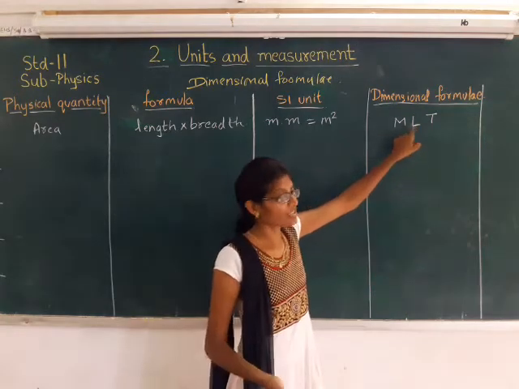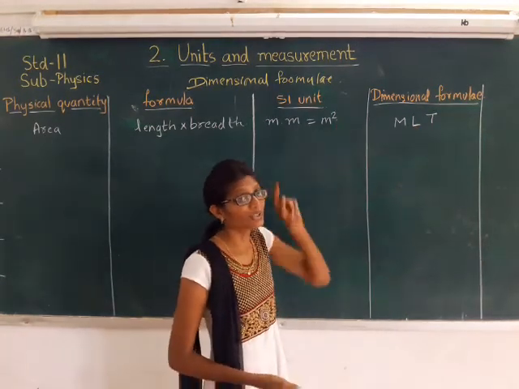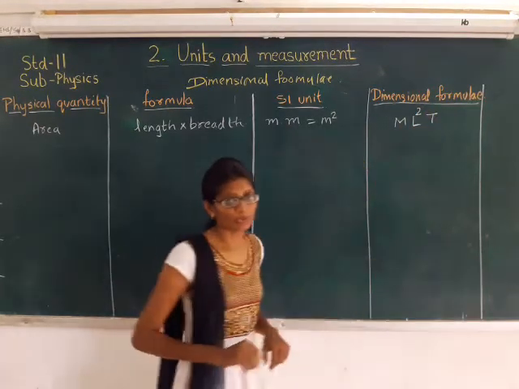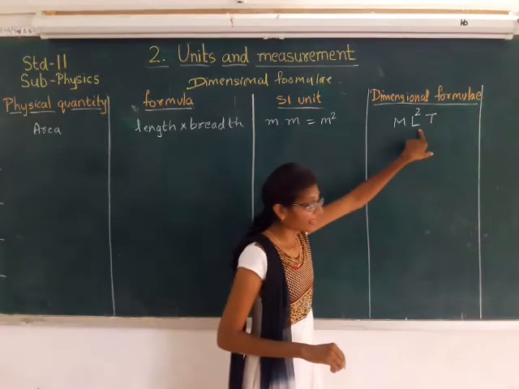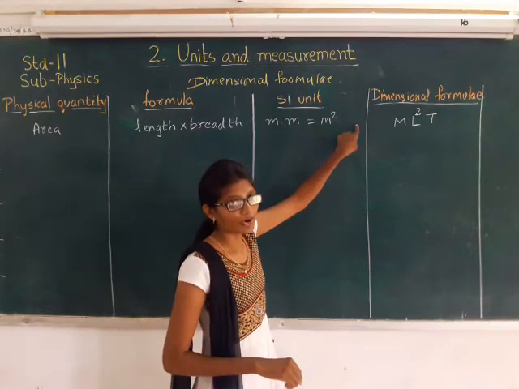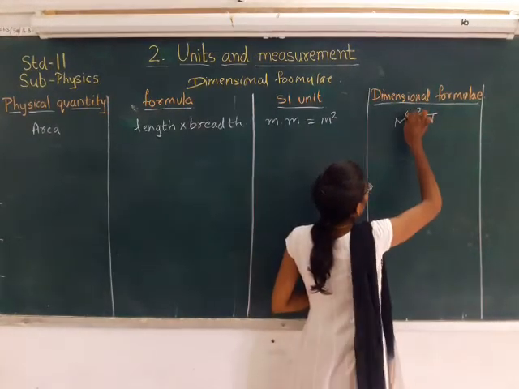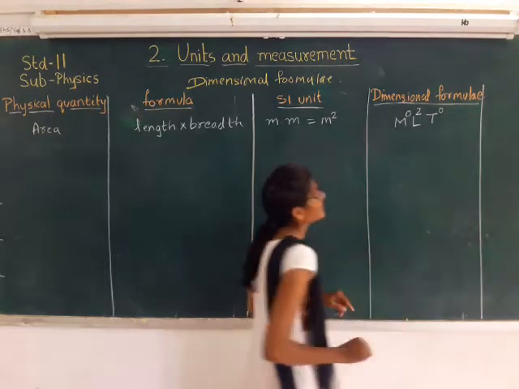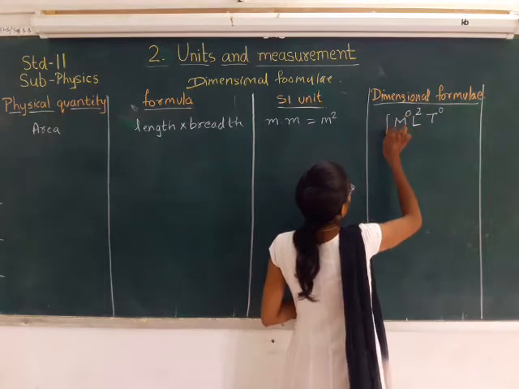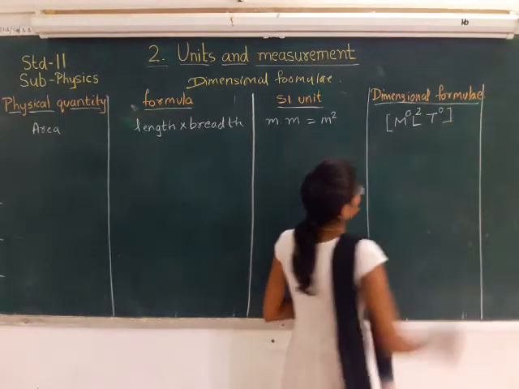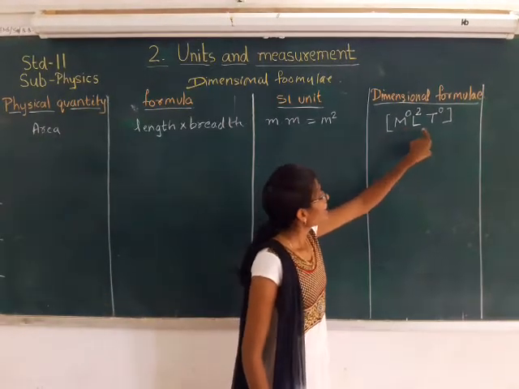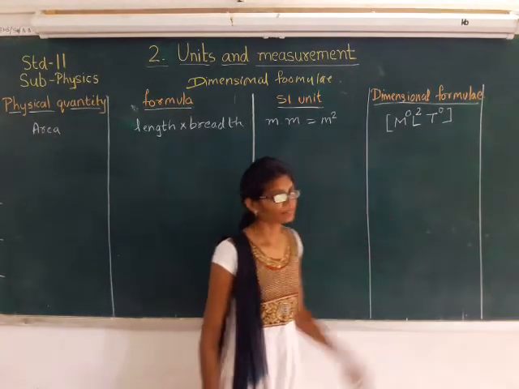The dimension of the length, that is what? Here we have the power as 2. So the dimension can be written as 2, the power of the length. And we do not have any unit for mass or for time, so we can write over here 0. The dimensional formula is represented in a square bracket, so it can be written like this. So what is the dimensional formula of area? That is M0, L2 and T0.